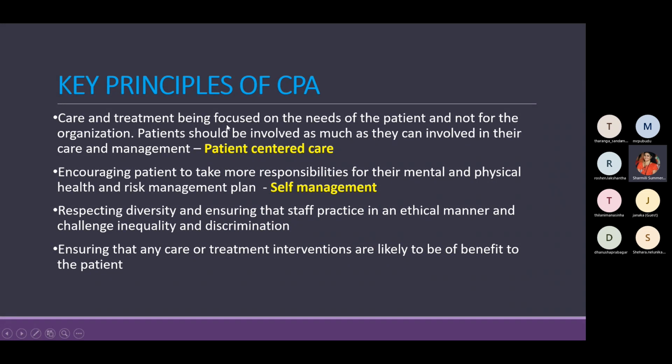So the patient-centered care, the patient's choice, or in other words, informed choices. We know what informed choice and informed capacity are. So in this patient-centered care, we are mainly focusing on the informed choices made by the patient. Second one is self-management. Encourage the patient to take more responsibility for their mental and physical health and risk management